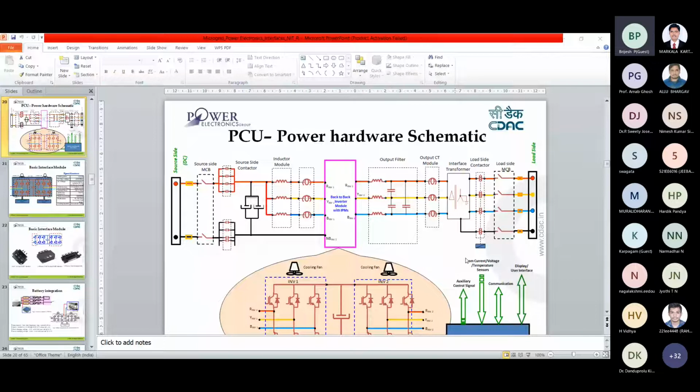Then for our power conditioning system, we have three legs. Three legs means we need about 36 PWMs. At that time, what we used is TMS320F2812 processors from Texas Instruments.